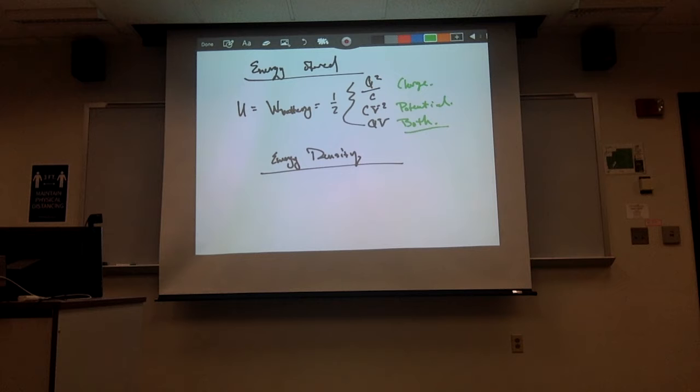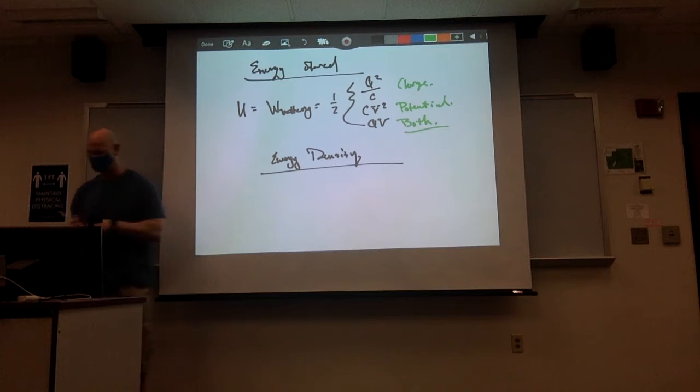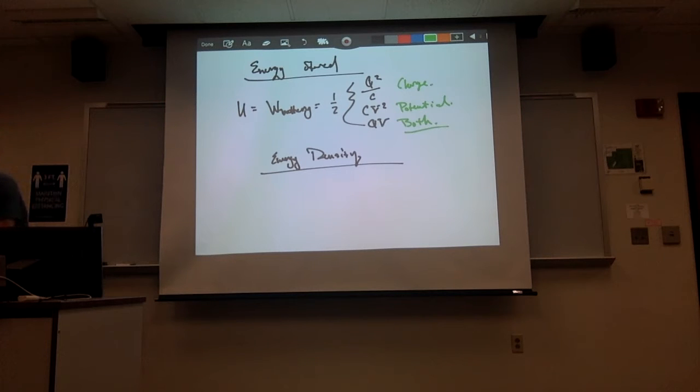Now, it turns out there's an alternative way we can look at where the energy is stored, which is something we haven't talked about yet, which is what's known as the energy density. So what is the energy density? Let's go back to the energy. We know the energy is equal to, I'm going to use the second one here, 1/2 the capacitance times the potential squared. Now, if we pretend for a moment that we have simply a parallel plate capacitor,